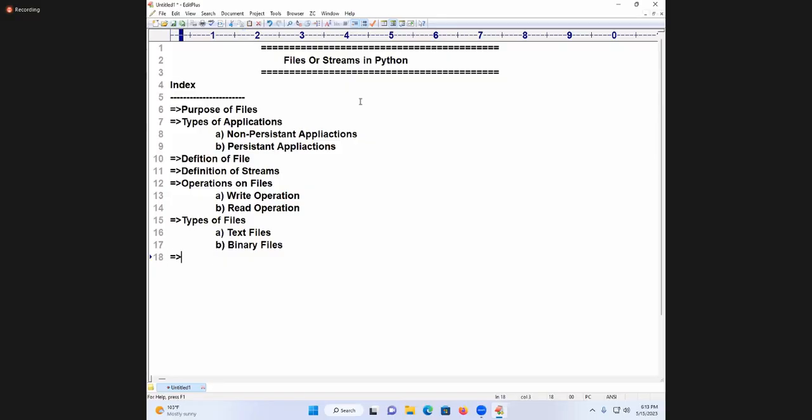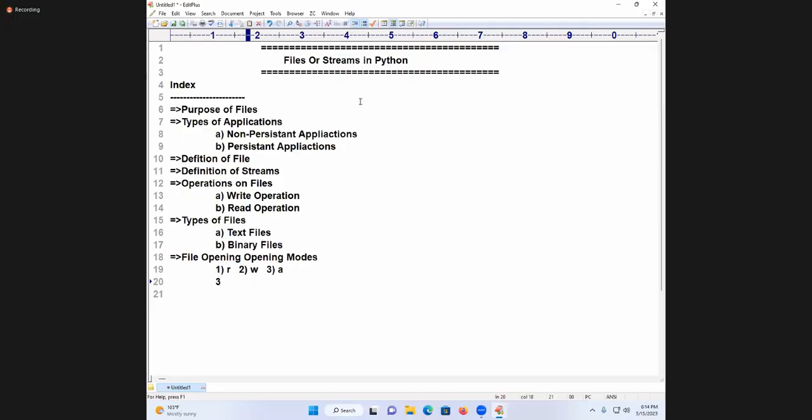Next I am talking about file opening modes. First, R mode. Second, W mode. Third, A mode.